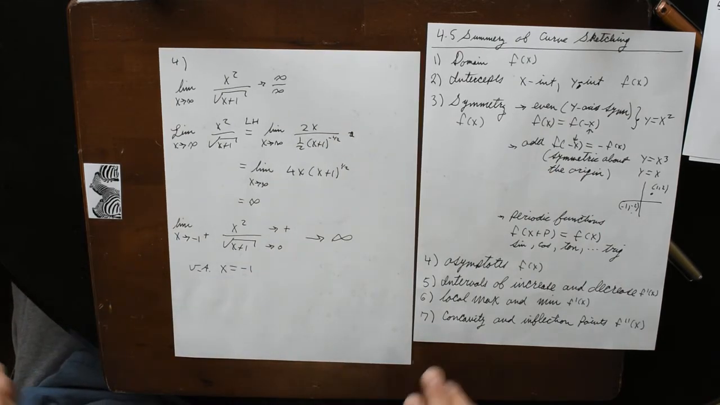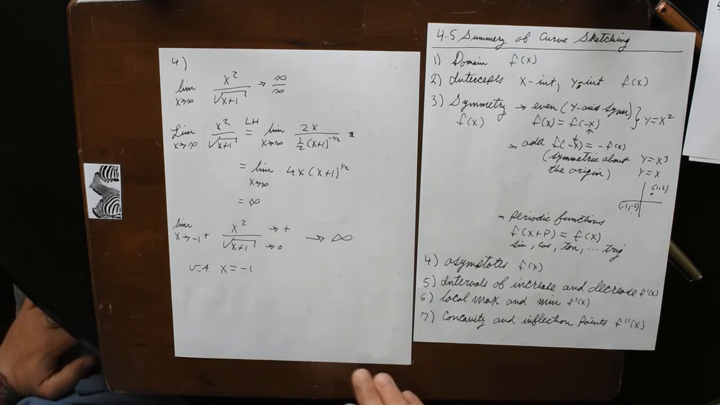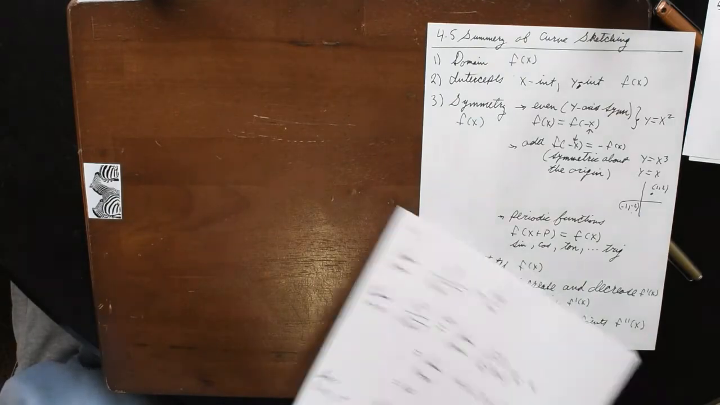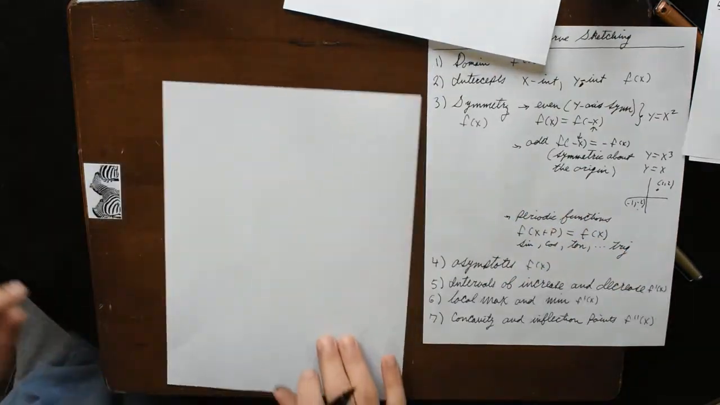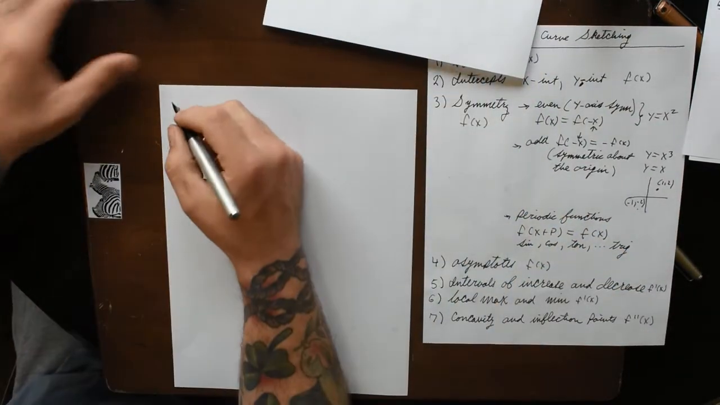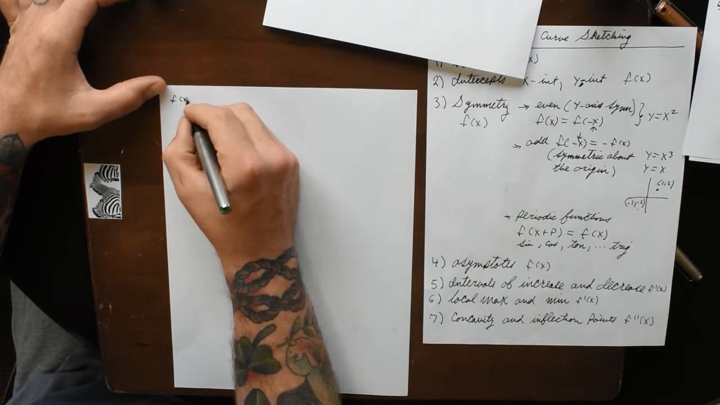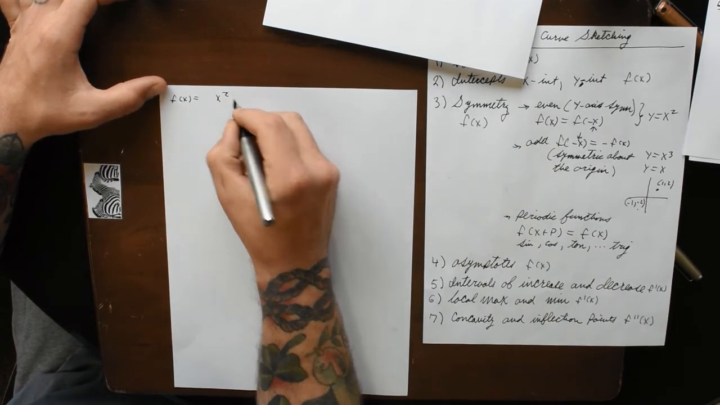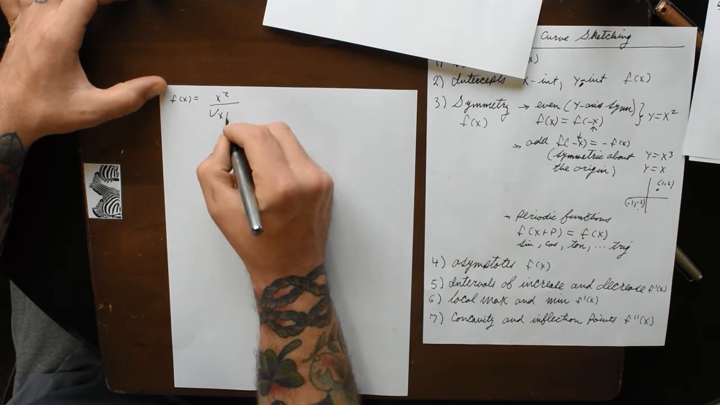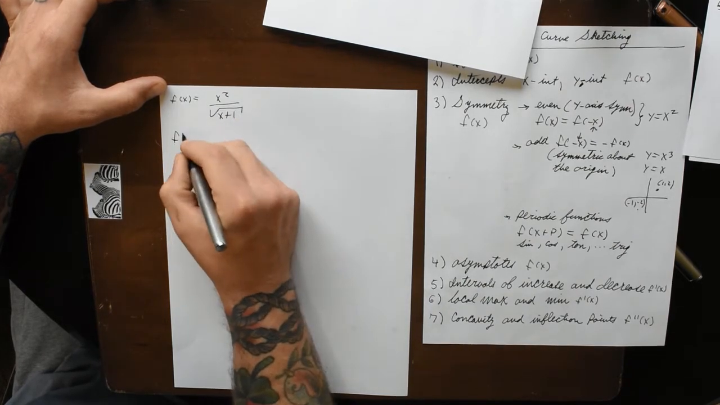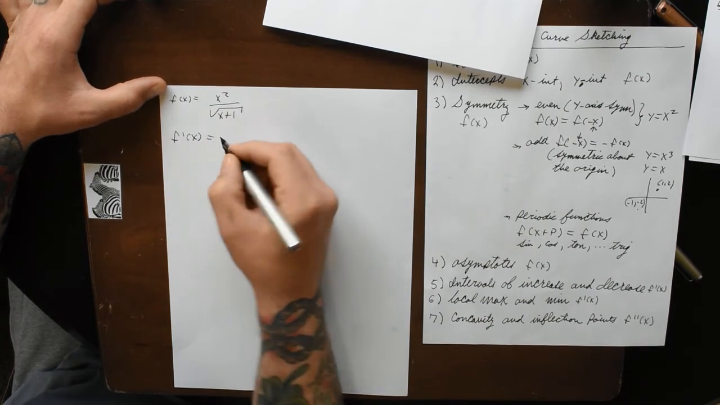Intervals for increase and decrease. This derivative gets a little big. Let me get another piece of paper out. So, if f of x is equal to x squared over the square root of x plus 1, then f prime of x is equal to,